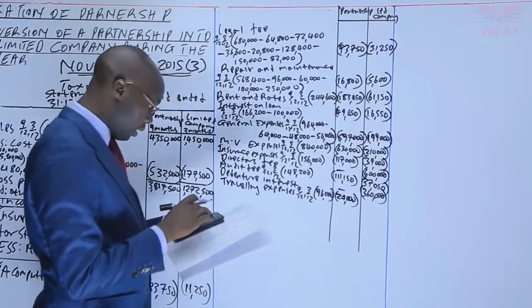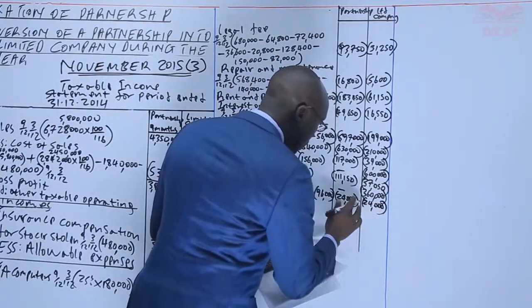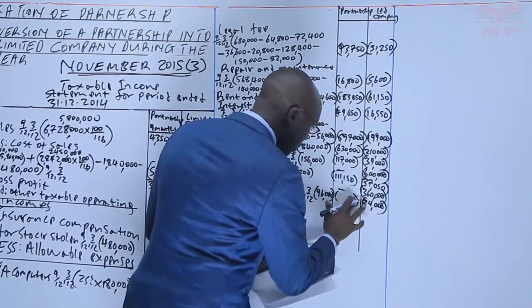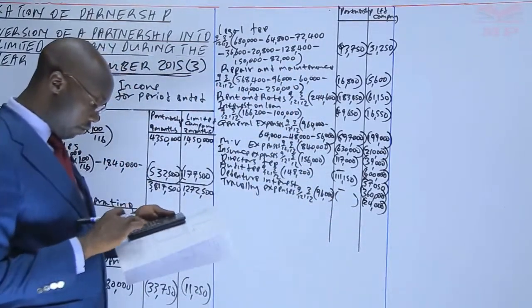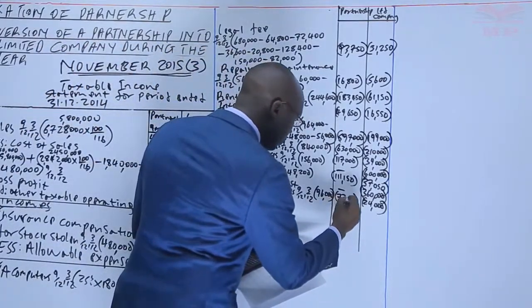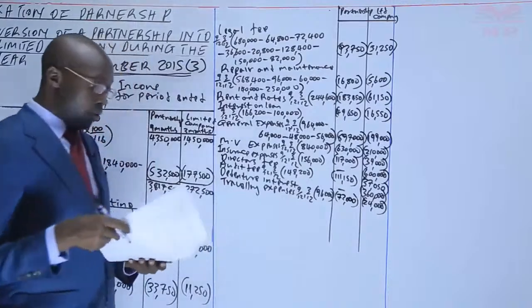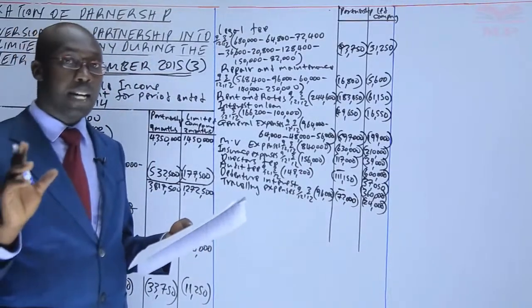Now this is supposed to be for this. 24,000 is for the company. And for the partnership, it is going to be 9 over 12, 72,000. When we get to the end of that, we are done with the expenses, but we need